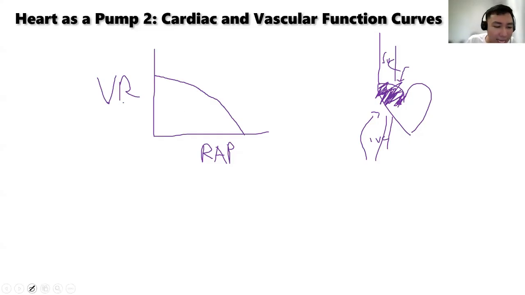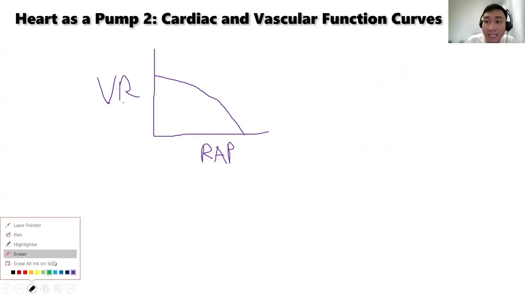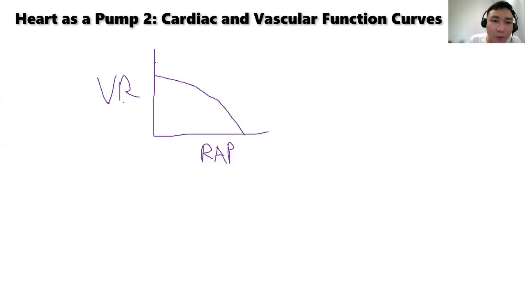How can we change this? How can we manipulate the parameters? What if we increased the intravascular volume, for example by transfusing blood? If you transfuse blood, your vascular function curve will shift up and to the right. Why? Of course, your right atrial pressure will also increase since you will have more blood. But let's say the right atrial pressure is constant, it did not change. Your venous return will increase